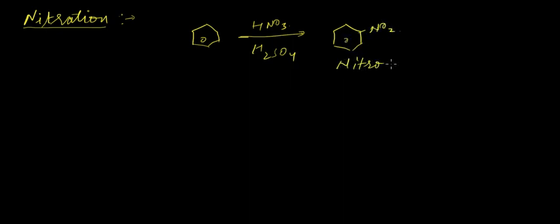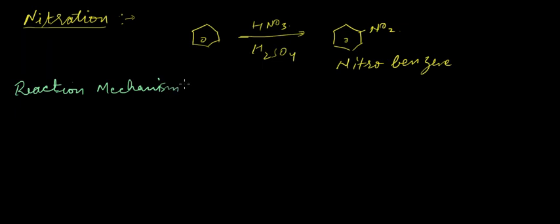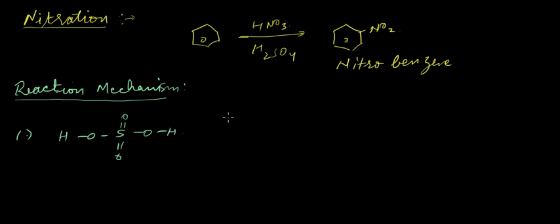nitrobenzene. Okay. So now we'll be looking at how this reaction proceeds and what is the mechanism involved in getting the end product, which is nitrobenzene. So first we look at H2SO4. We'll derive how we arrive at the structure of H2SO4 in our inorganic lectures, but for now you can safely assume that this is the structure of H2SO4, and when it reacts with